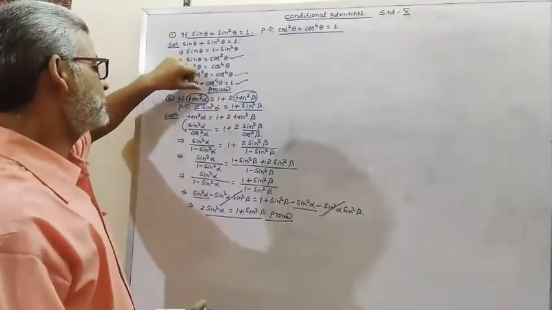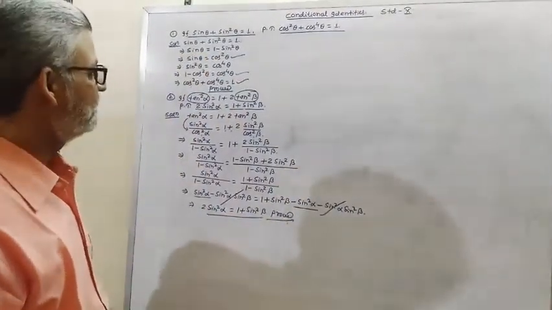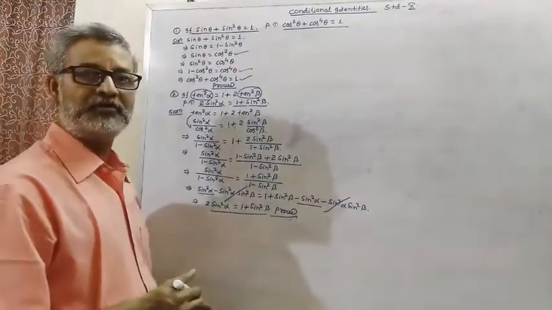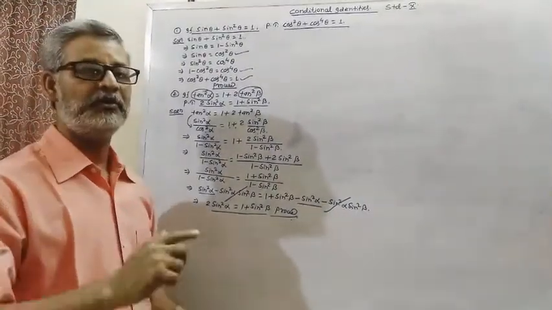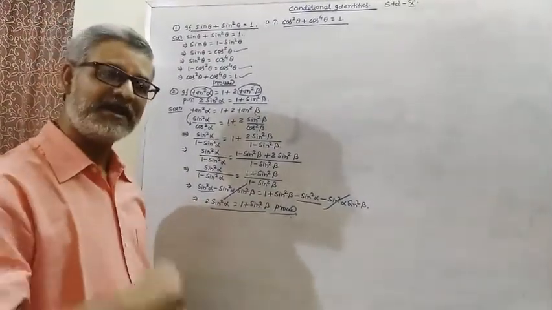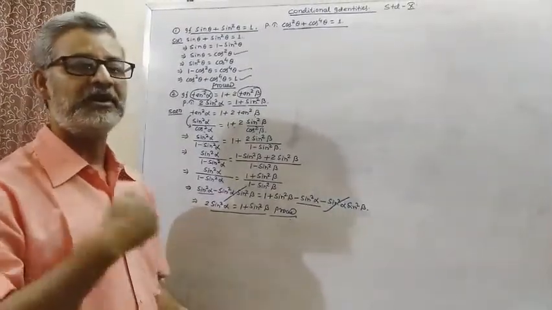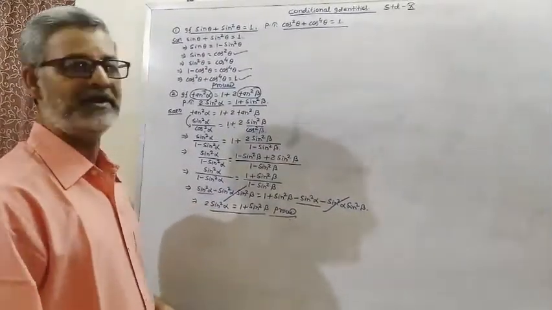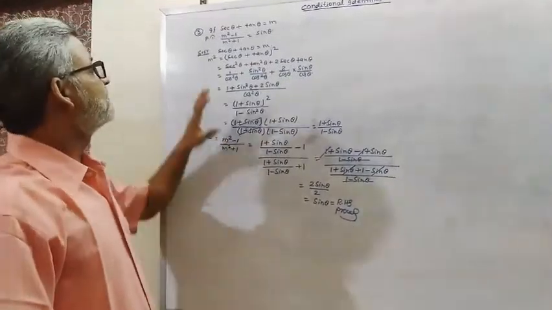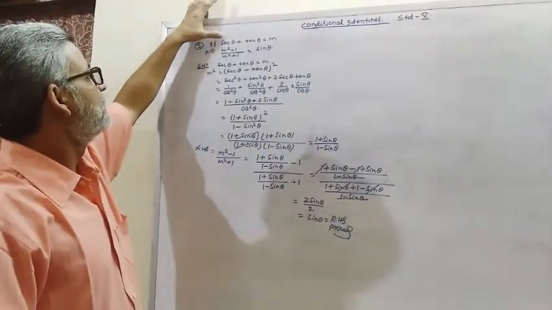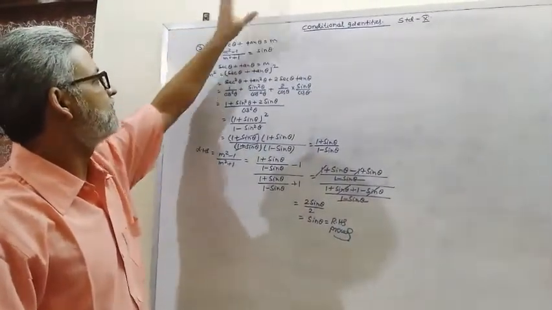So actually here the question is given in terms of tan and to prove in terms of sin. So tan convert into sin and cos first, and after that cos convert into sin and simplify it. Now the next type of the question is here, if sec theta plus tan theta is equal to m,